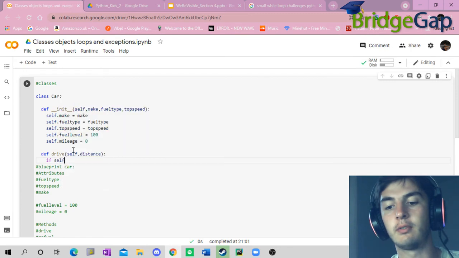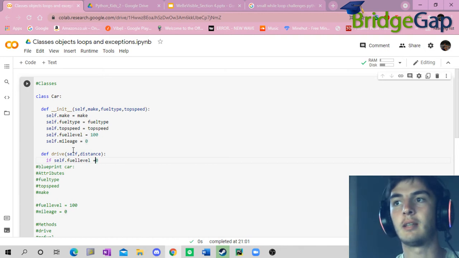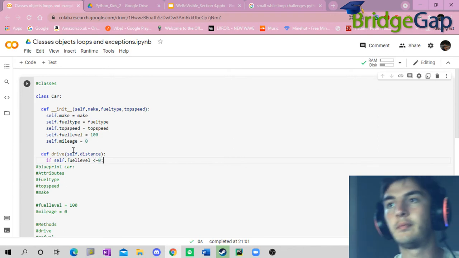So if self.fuel level is less than or equal to 0, then